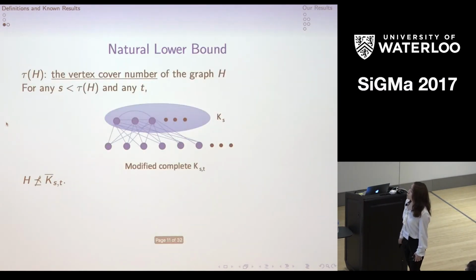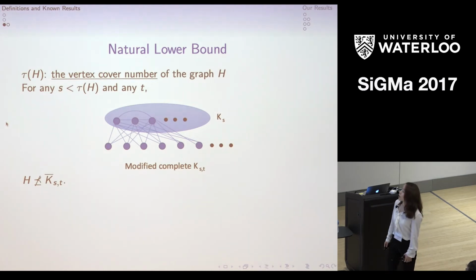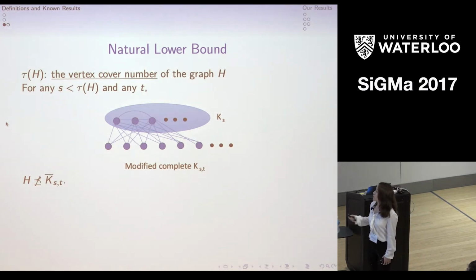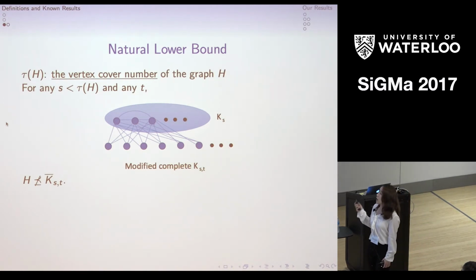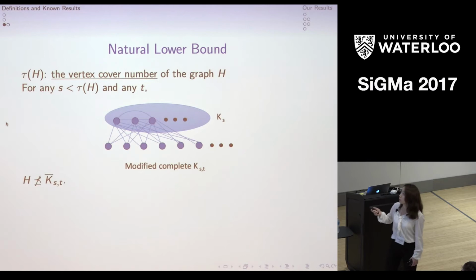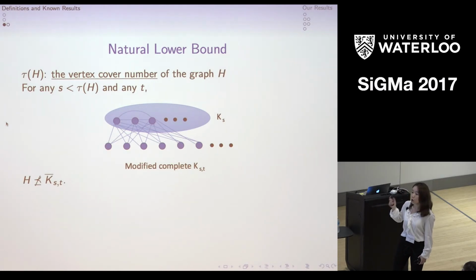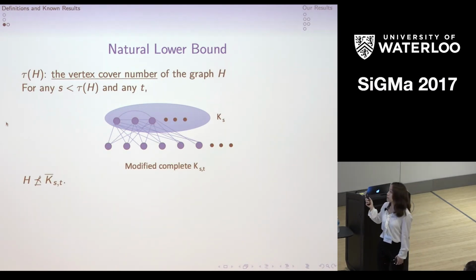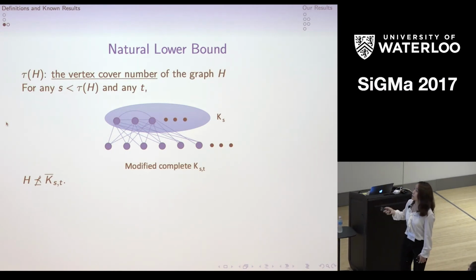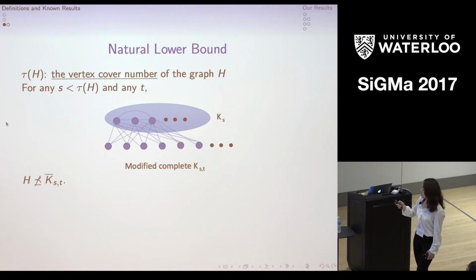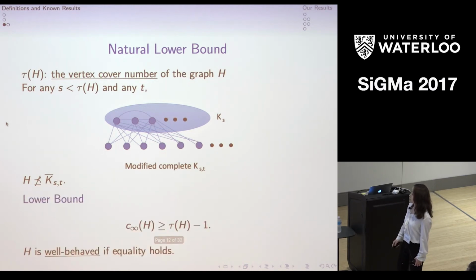So let tau of H be the vertex cover number. It is the same construction, but s is smaller than tau of H. And for this graph, H is not a minor of this graph. It's because the vertex cover number of this graph would be s, and all minors of this graph would have vertex cover number smaller than or equal to s. So H is not a minor of this graph, and thus you can have this lower bound. So c infinity of H is always larger than or equal to